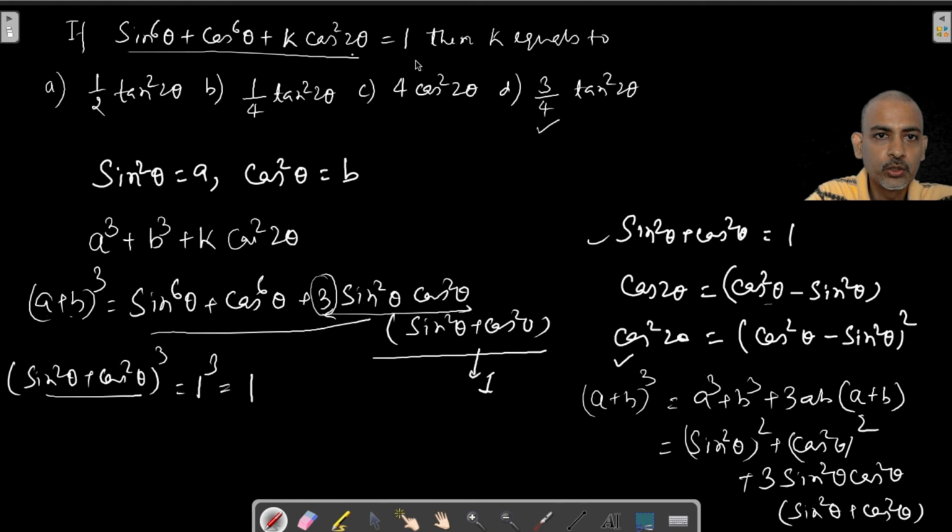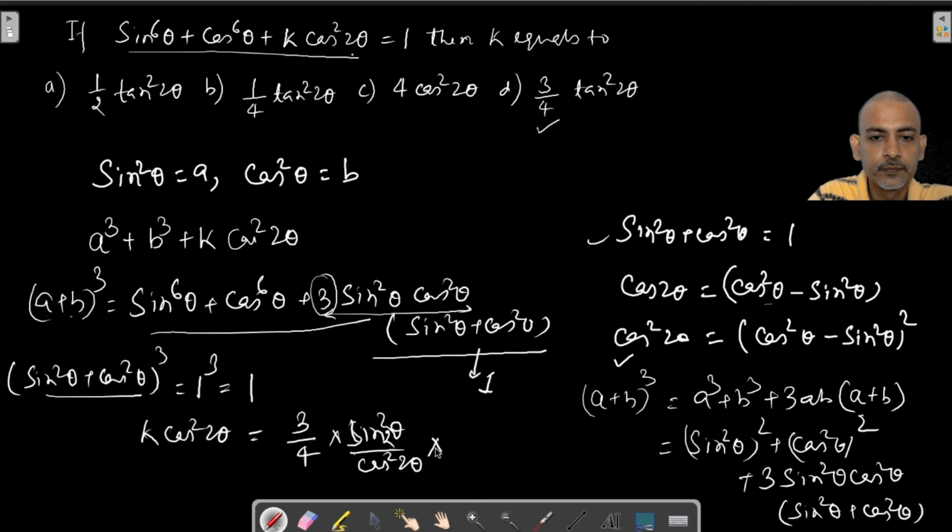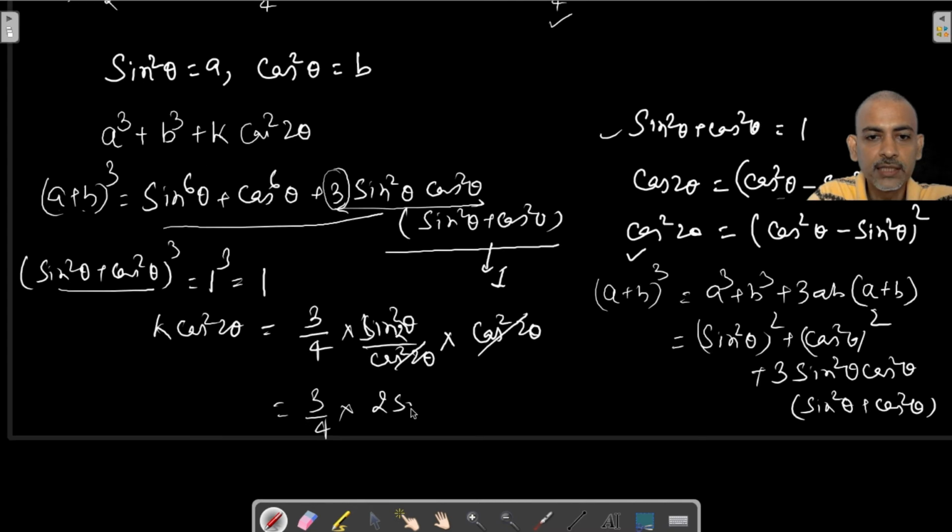So k into cos square theta is nothing but k, 3 by 4 into tan square 2 theta. Tan square 2 theta is nothing but sin square 2 theta divided by cos square 2 theta, alright, into cos square 2 theta. So cos square 2 theta would cancel out, right? And now you have 3 by 4 and sin 2 theta is nothing but 2 sin theta into cos theta, whole square,